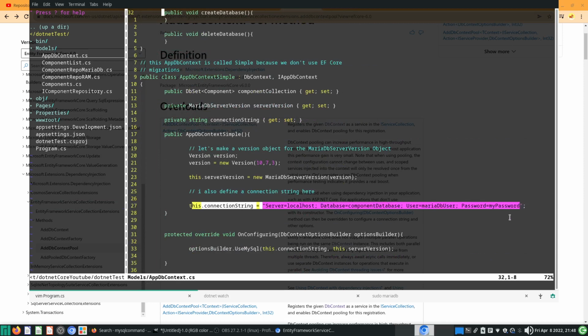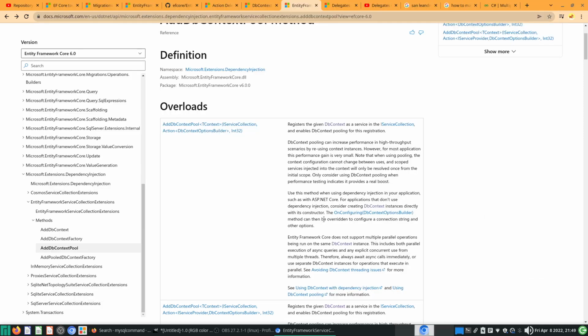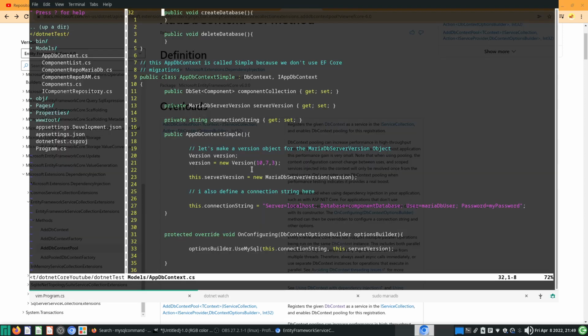So of course we cannot change this configuration halfway. Alright, but let's say you couple it a bit loosely, you configure it outside this DbContext, and then we use the pool method, and you want to reconfigure this DbContext with a new version, with a new server, with a new username, database, all of these things. You'll not be able to do that using the AddDbContextPool. So